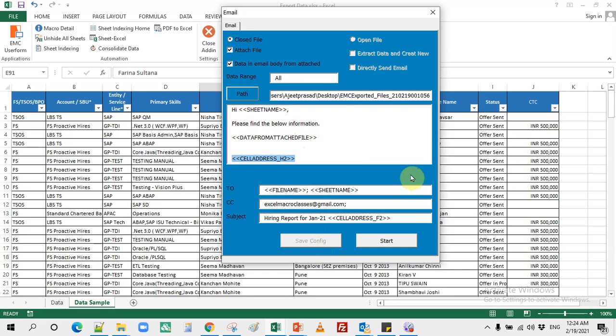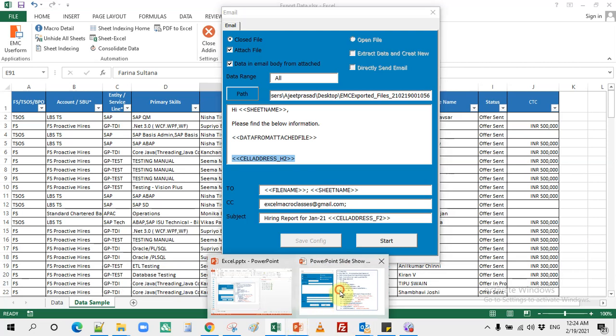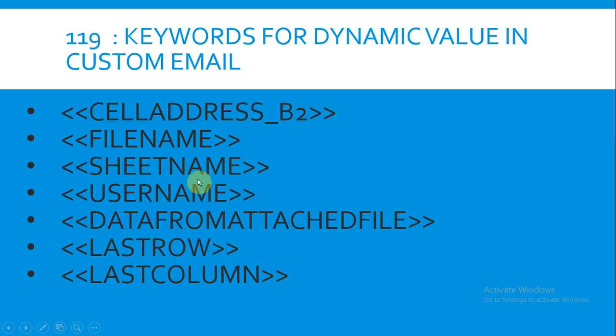Okay, so let's go and understand once again the keywords. What are the keywords available with us? These are the keywords which can be used in this tool. So cell address, up to here it will be constant, fixed up to the underscore. So you just need to replace b2, b3 with any cell address.